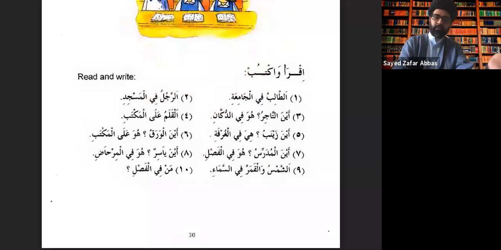Okay, so in all of these examples we learn these two aspects that we learned, fi and ala, so in and on. And then we learned huwa and hiya. So where we're using huwa and where we're using hiya. Huwa for masculine, for men, and hiya for women, and also for all those words which, even though they're not people, are masculine or feminine. If we go to the next page,